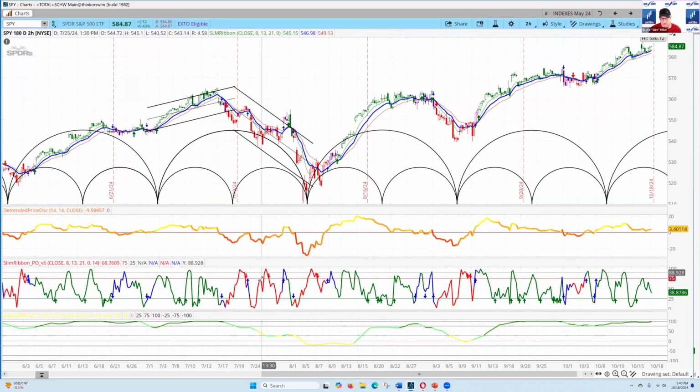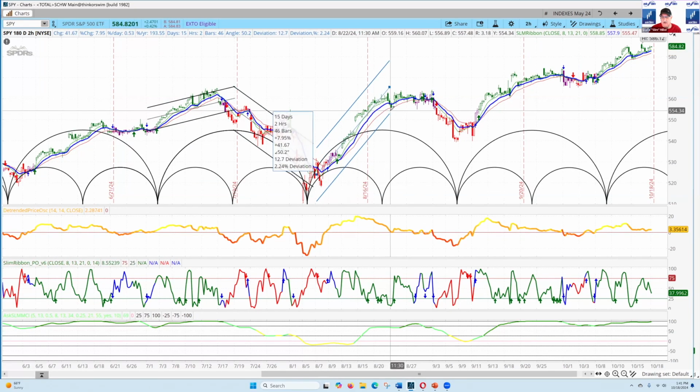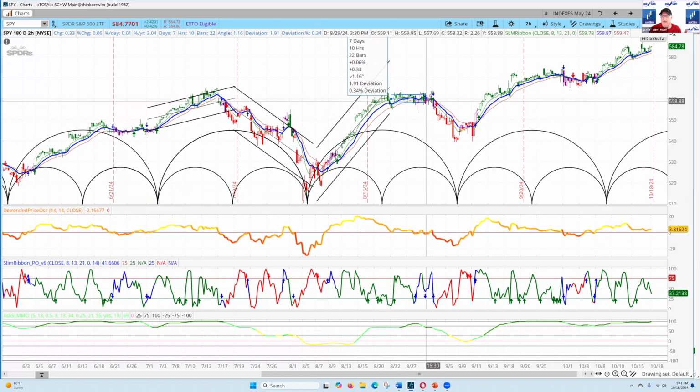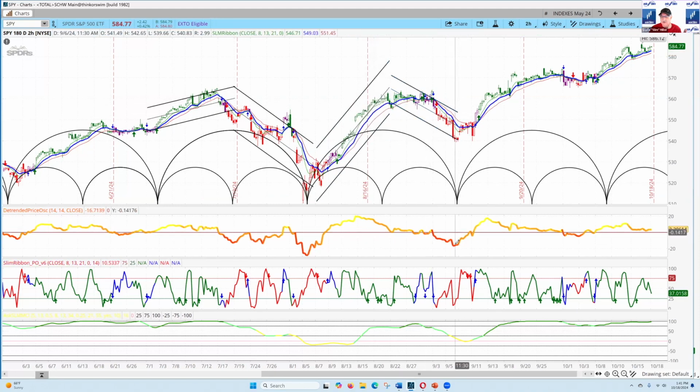And of course, when you look at the slim ribbon PO on the bottom, it's actually red during that period, red to neutral right over there. Let's look at the next cycle. Let's go from trough to trough right here as we look at the minor cycle, and it looks positive. And you can see right over here as it dynamically begins to turn down to that next trough that's showing us right here. And there's that declining phase right over there, very visible.